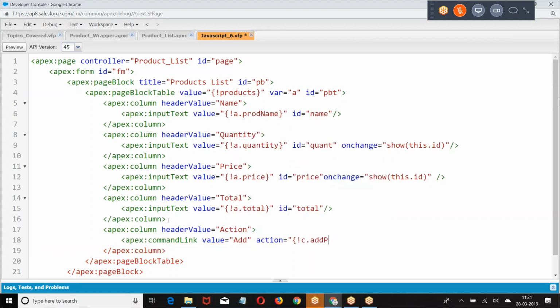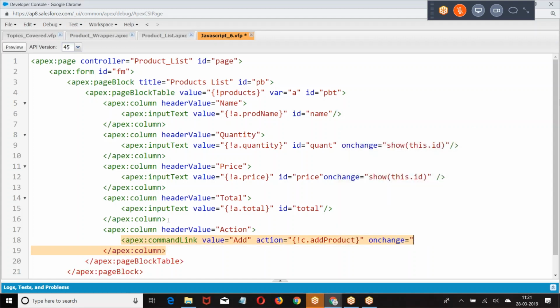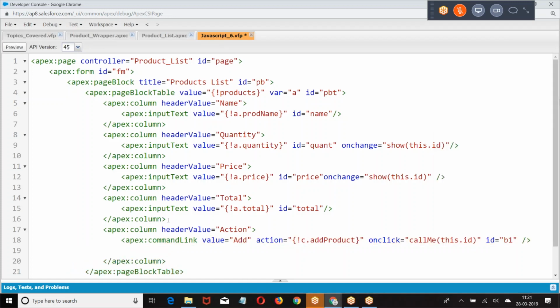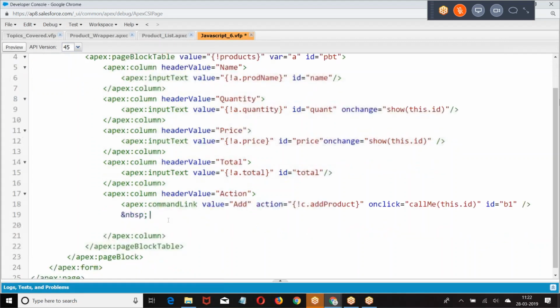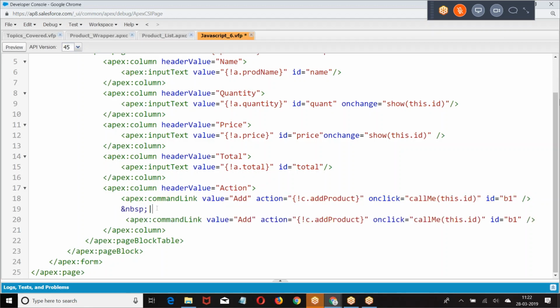Action. Now, this is to create buttons. I'm not writing any JavaScript yet, but I'm just giving the UI part. Then add.